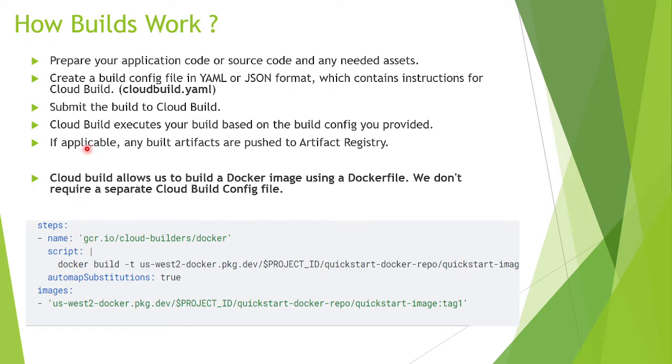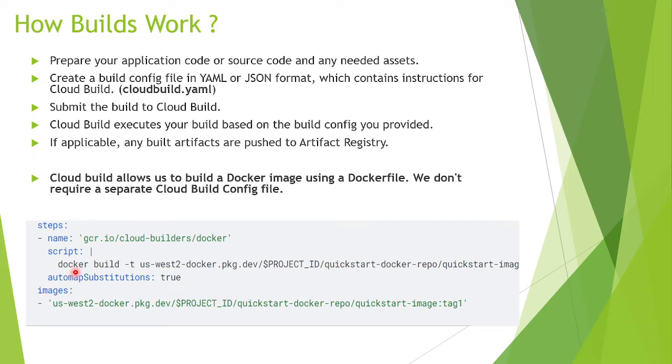So we are asking Cloud Build that we want to use the Docker image. Docker image means we want to run a Docker container with this image. Once we are in the Docker container, we will run this command, Docker build. You must know about containers. If you don't know, you can check out some courses on YouTube also.